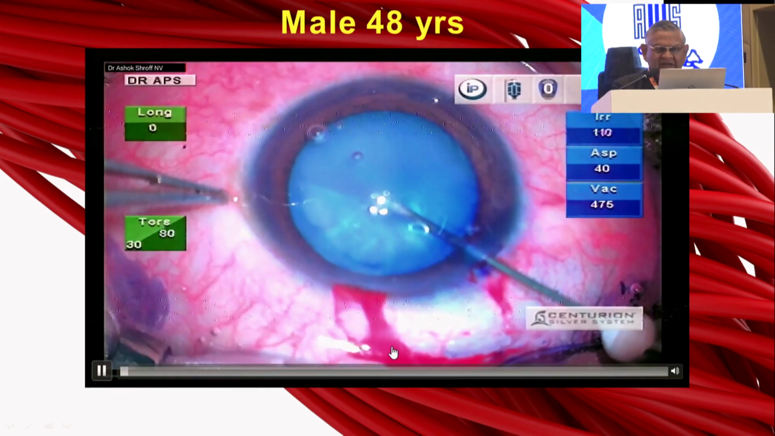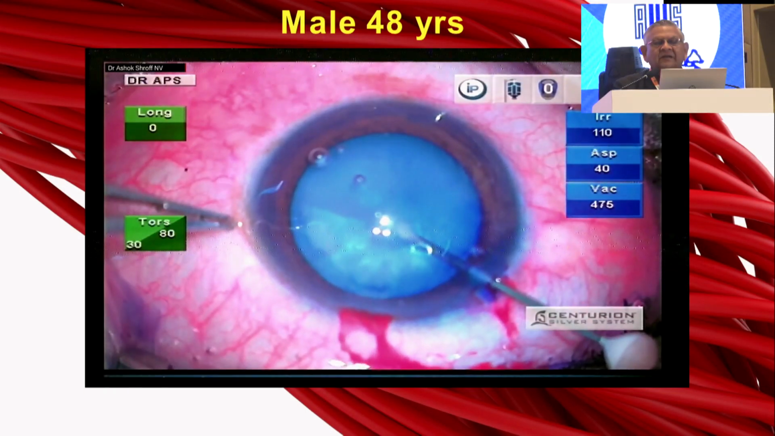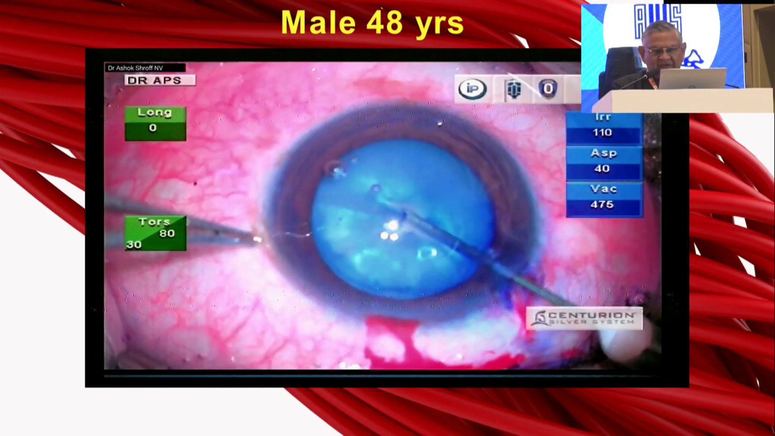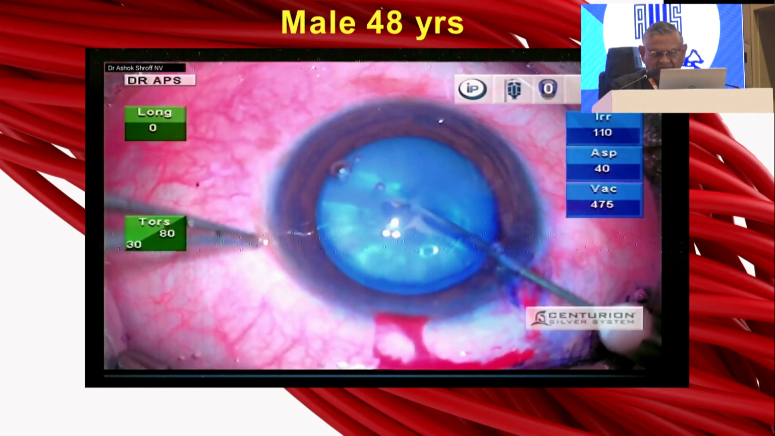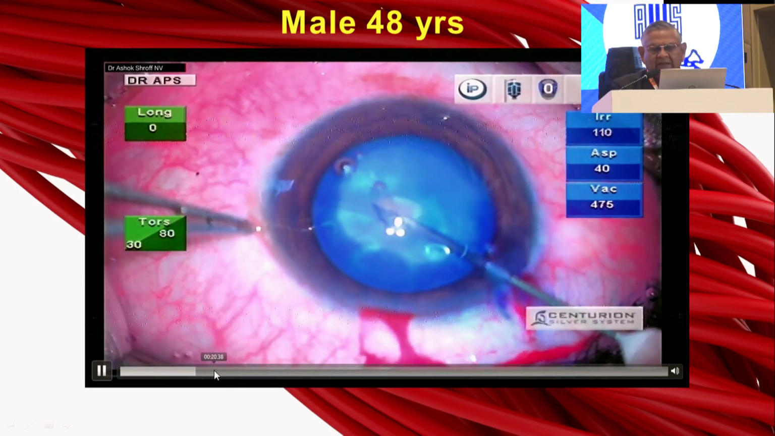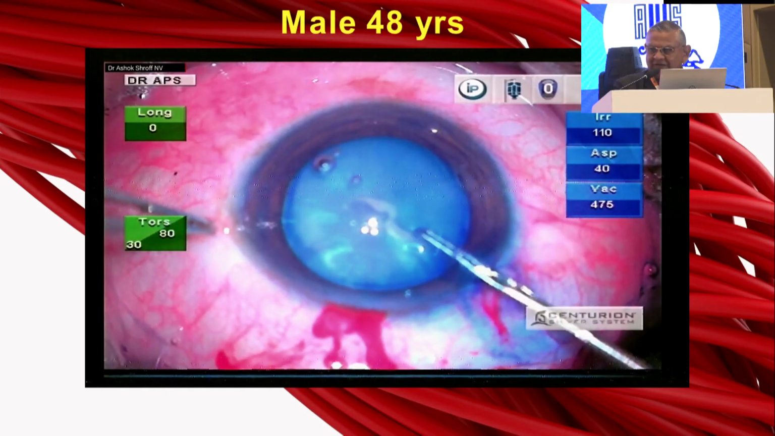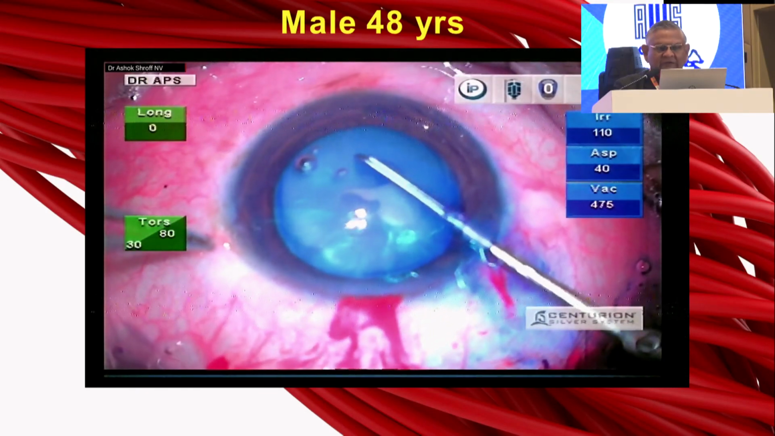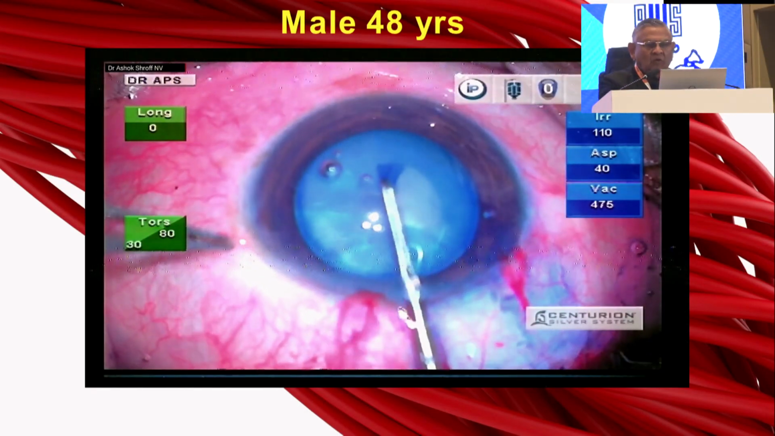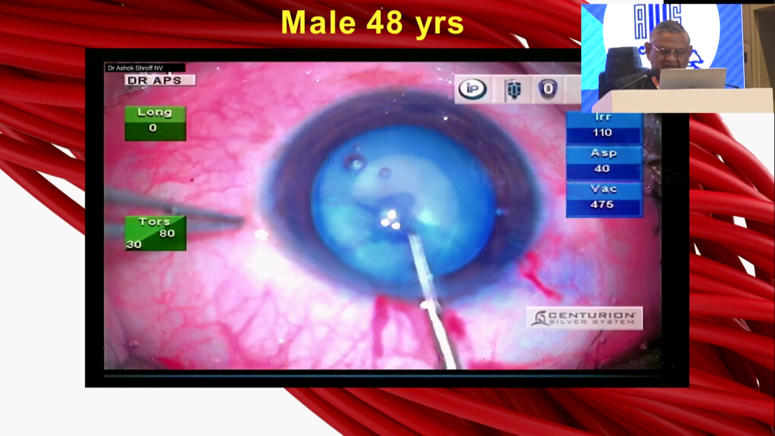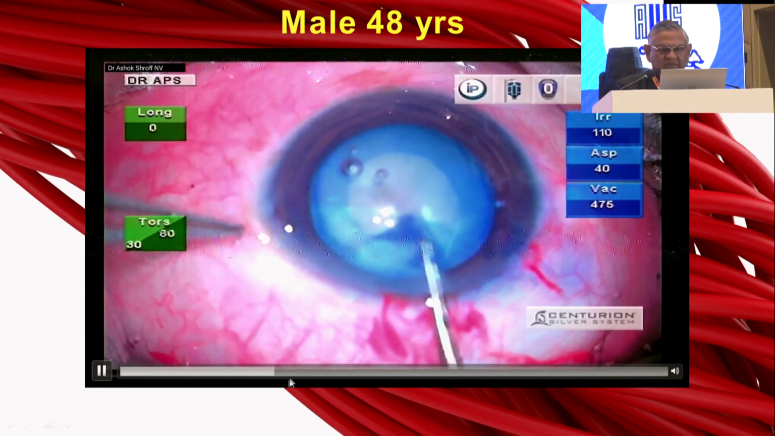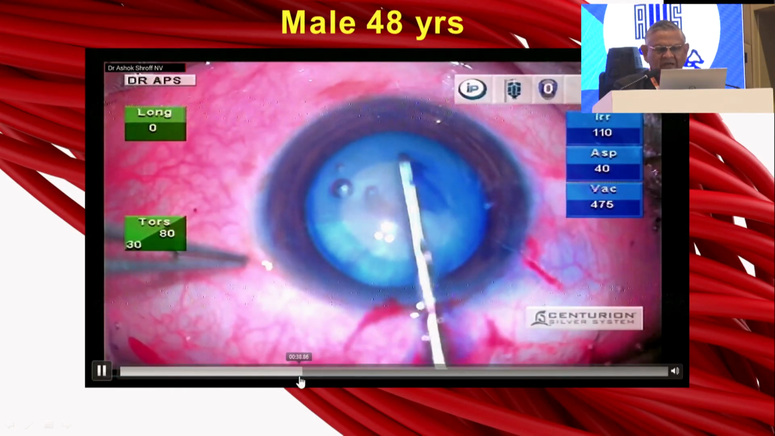This is a male, 48 years. You can see the fluid cortex is being aspirated just to debulk the pressure. And once it is done, you need not worry even if the rhexis starts a little irregular. You can regularize it gradually later on. The only thing you have to make sure is that it doesn't extend. And once it is completed,